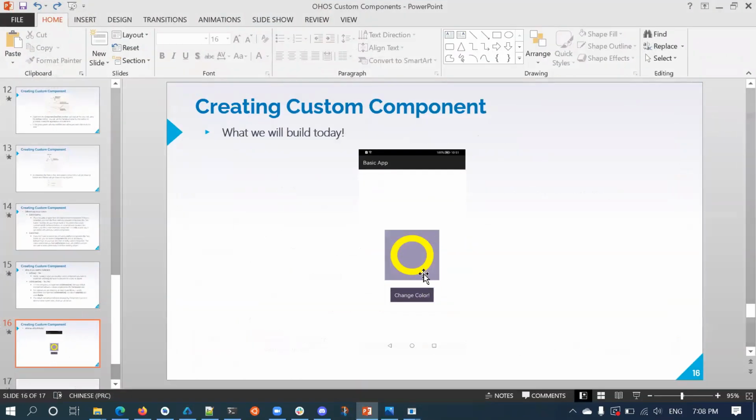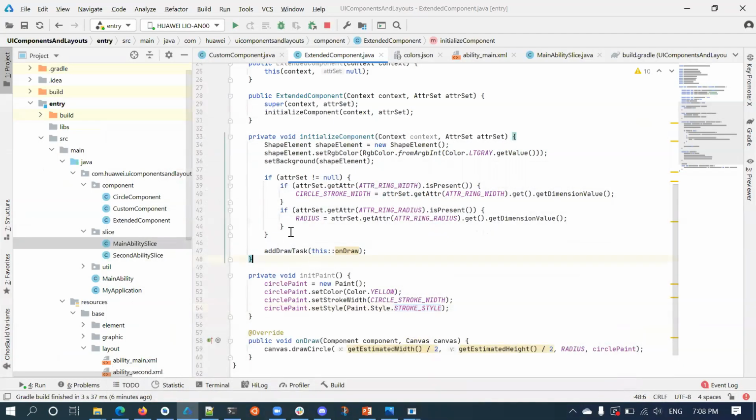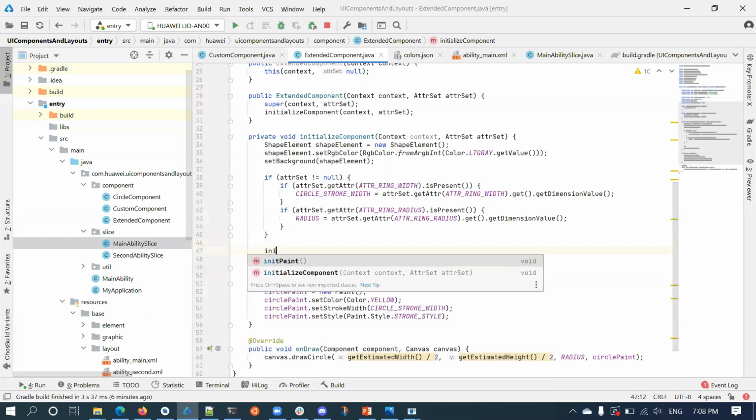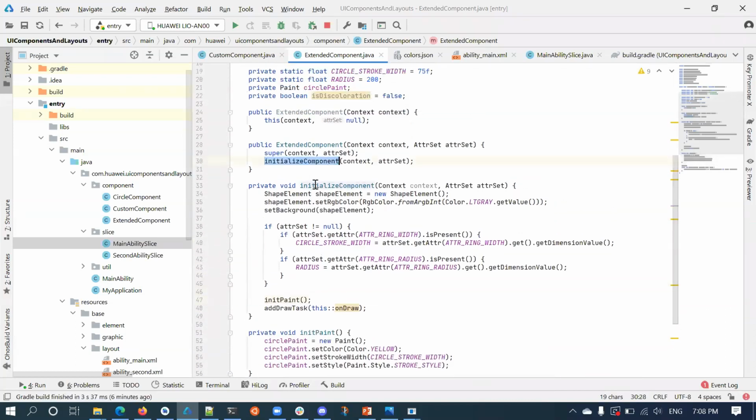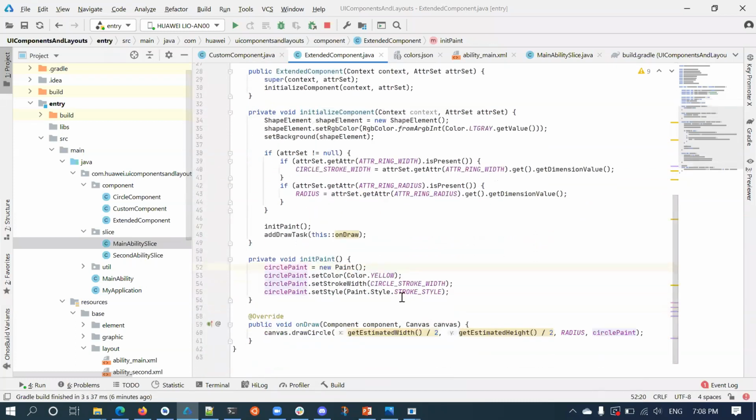If you didn't set the style to stroke, it will fill the circle with yellow color. I will show you how. I'll just comment this out. We have created this paint, but we have to call it also, then only it will initialize. Since this constructor is calling initialize component, it has to initialize this paint object also. I will just comment this out.